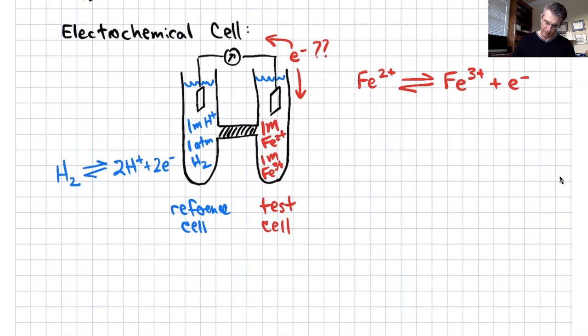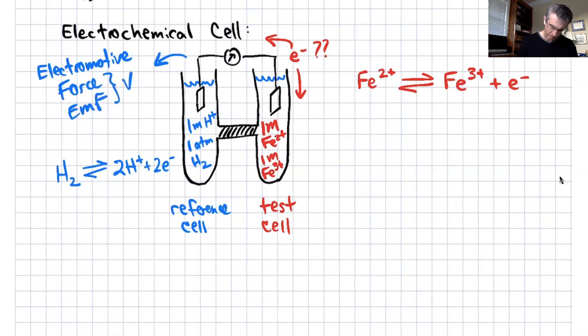And this electrical field potential you read out in a cell like this is sometimes also known as the electromotive force, or the EMF, right? And it would be in volts, right? And it turns out that for this particular chemical reaction, this iron 2, iron 3 reaction, that the